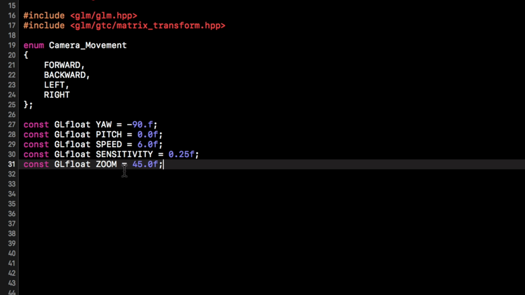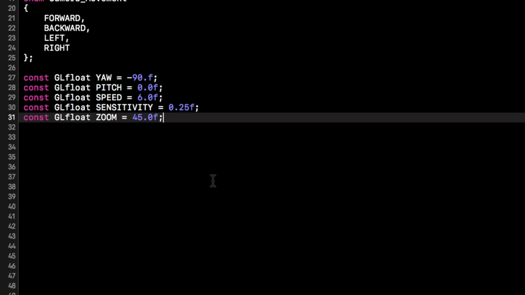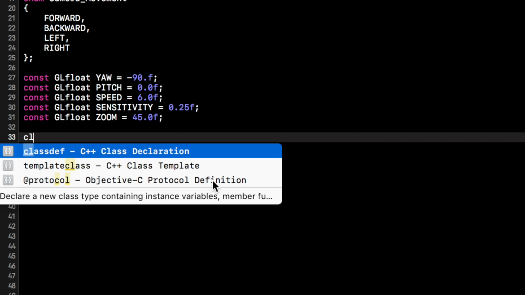And we're going to have a getter and setter for the zoom, because when we scroll our mouse, we'll be able to zoom in and out to change the field of view. In a real game, you probably wouldn't do that, and in the next video, I'm actually going to remove that feature, but it'll just be to illustrate the field of view, plus show you how to do the scrolling as well. So next thing we're going to do is class